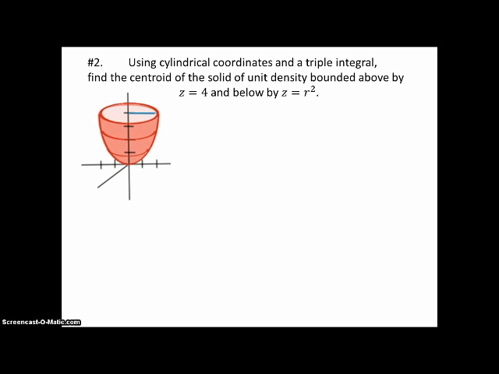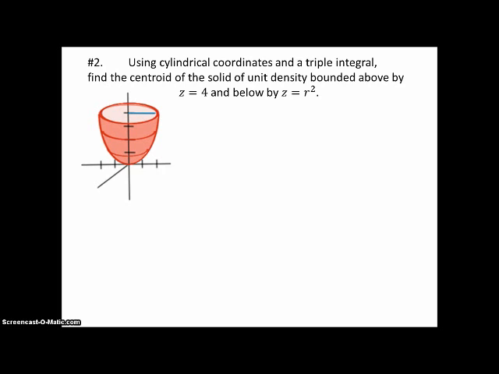So now we'll jump into the problems. Number 2 says, using cylindrical coordinates and a triple integral, find the centroid of the solid of unit density bounded above by z equal 4 and below by z equal r squared. So here's my picture. Z equal 4 is the plane floating above the xy plane, parallel to the xy plane